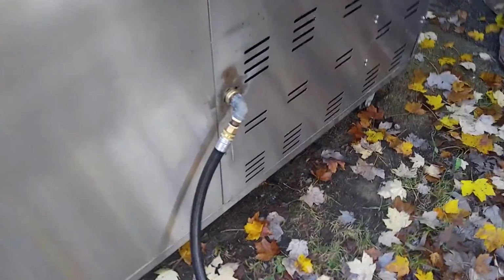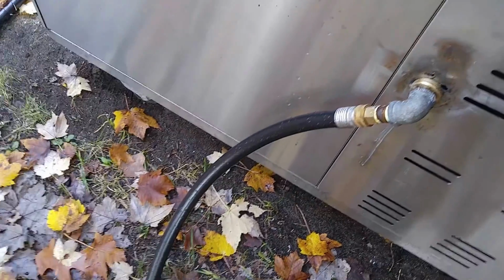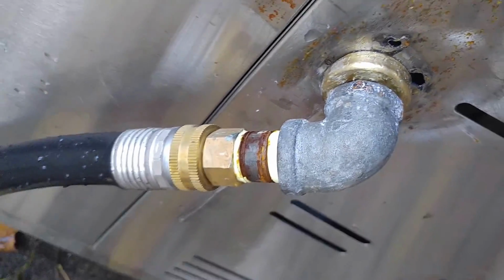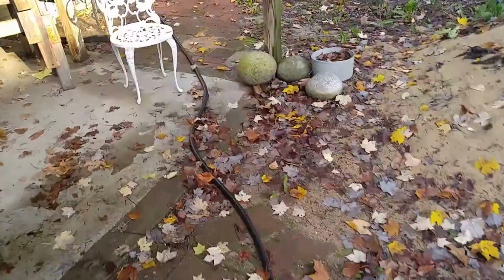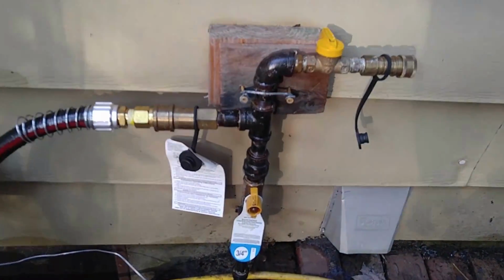The slider here, that's where the propane tank goes, but I don't need it in this case. Drawer, another cabinet. I plumbed it into my natural gas, so I did convert it a little bit here, and used construction approved natural gas hose here. So I just have a variety of adapters, and I'm supplying it with a 50-foot hose here. It's about a half psi that I coil here on the ground from the natural gas supply that I have